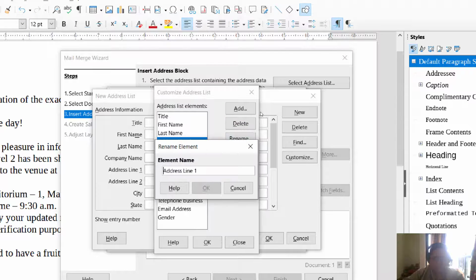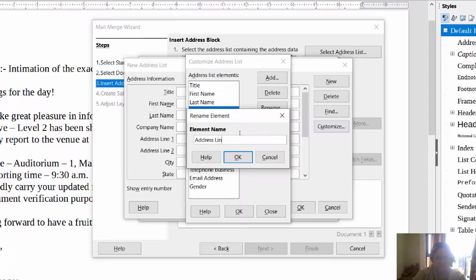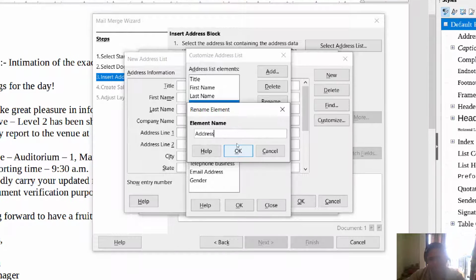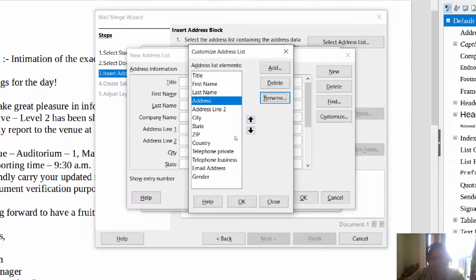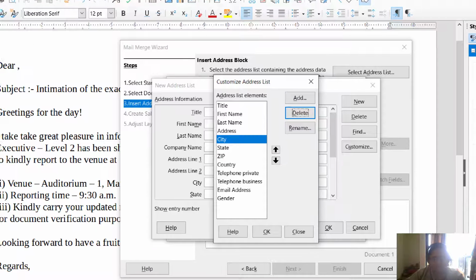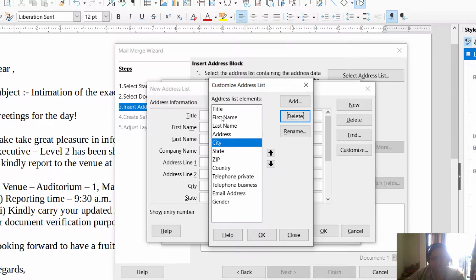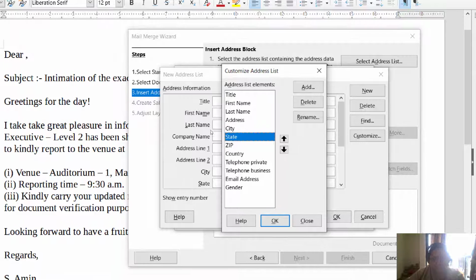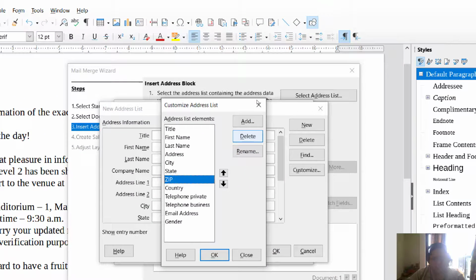I'll click on rename and just make it look like address. That's it. Address line 2 I don't need, I can delete it. City, I need city, I need state, and I'm going to remove all the others.